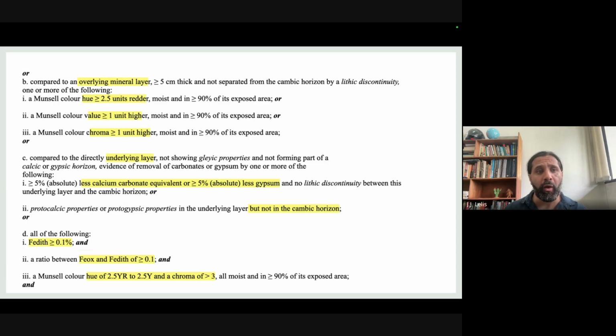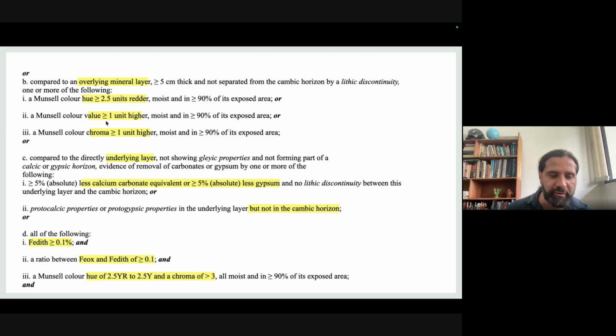Or compared to an overlying mineral horizon, 5 centimeters or more in thickness, and they are not separated by a lithic discontinuity. So again, the lithic discontinuity cannot separate the cambic horizon from the overlying or the underlying horizons, okay? And I need to register some colors that express concentration of clay, weathering, and some iron oxide